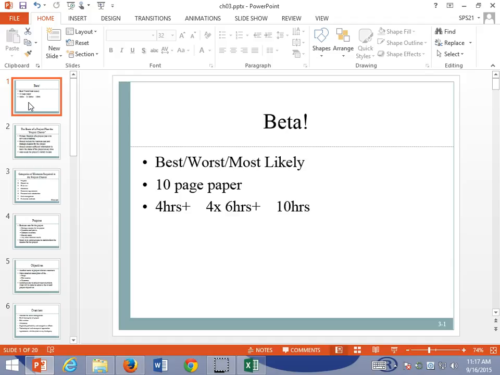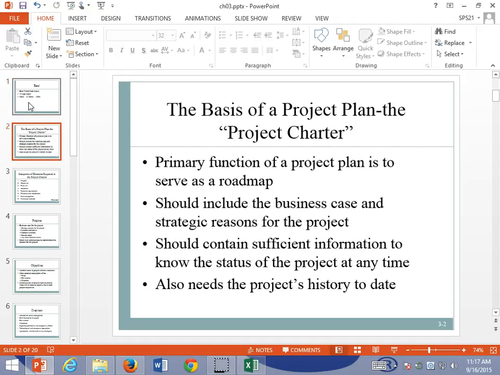And we can actually construct a beta estimate. So why are we talking about beta estimates? What are we looking at? Well,